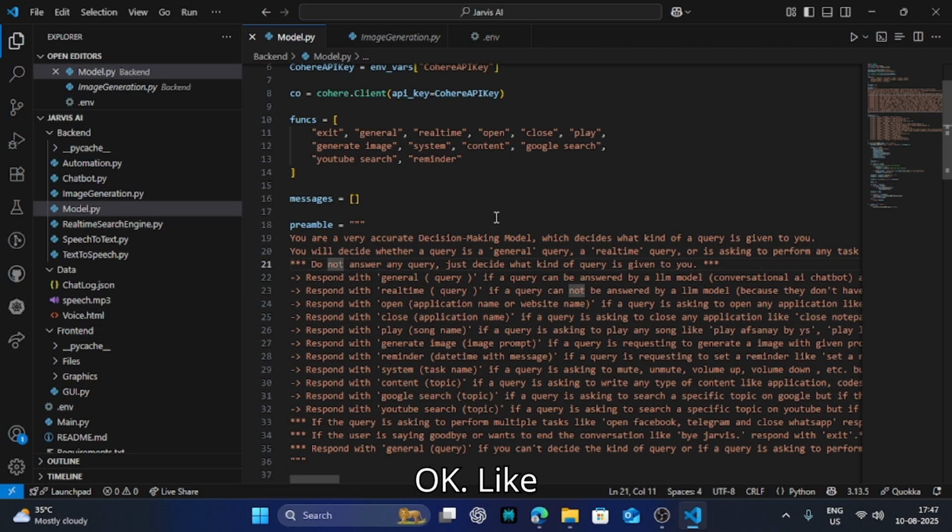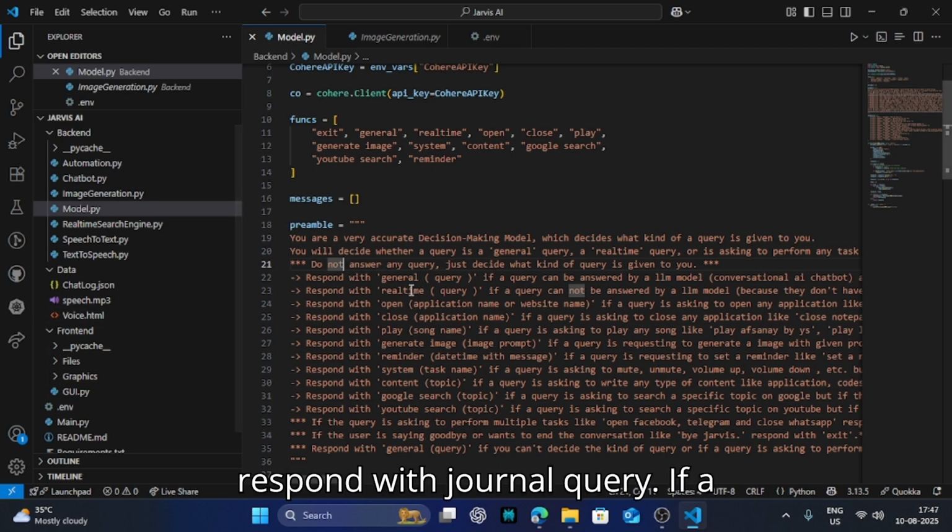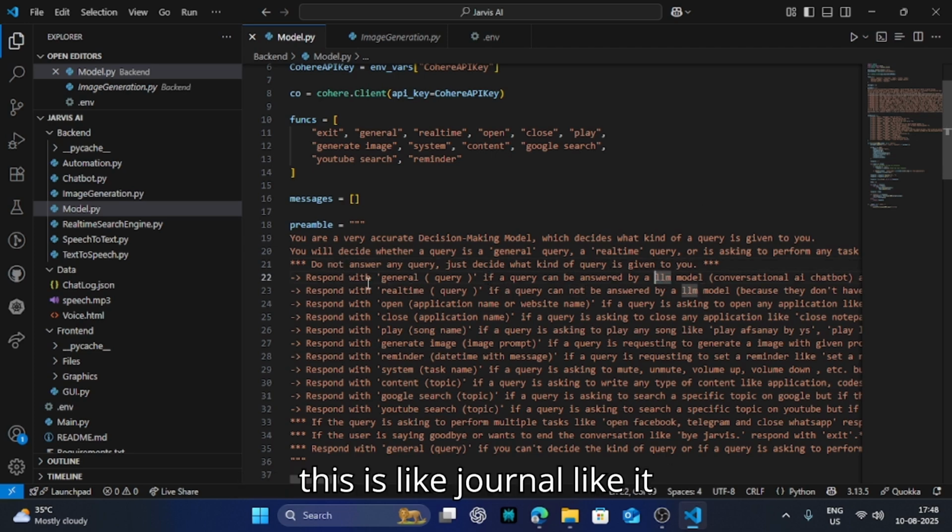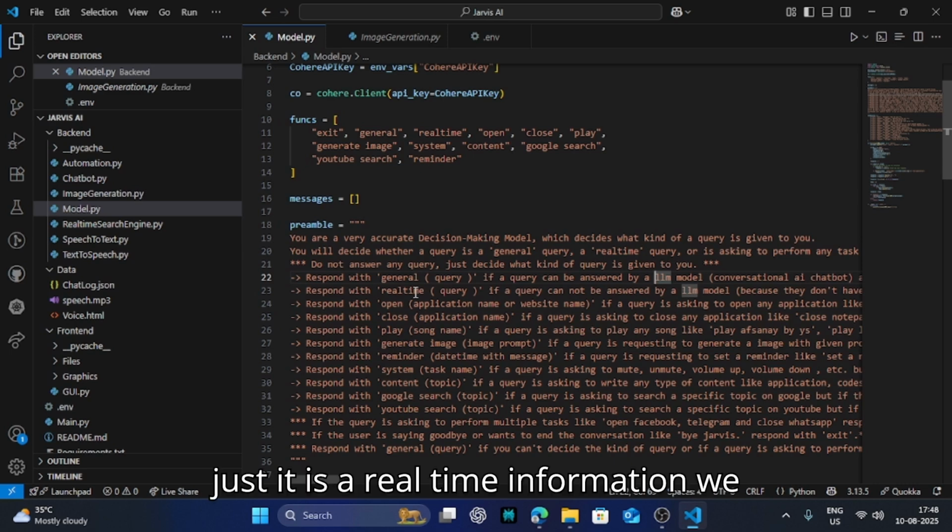Respond with general if a query can be answered simply, in a line. Respond with real time when it is real-time information we need.